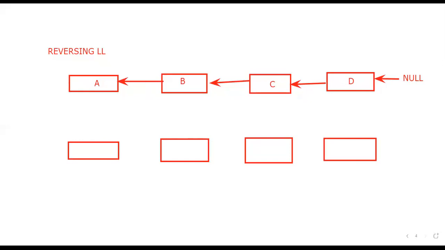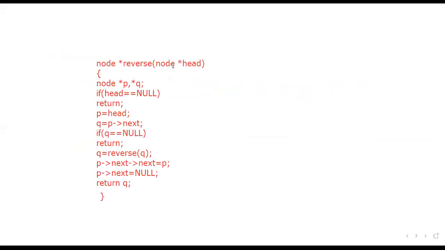That means the previous code I'll show you. I am passing a parameter from the head node. Why? Because it will start from the head node onwards. Head node means the starting node. Head node always points to the starting node. That means it will always point to the first node. Whatever it is, the linked list consists of a head node. Head node is the starting node. So now we are making the head node as the last node and the last node as the head node, right?